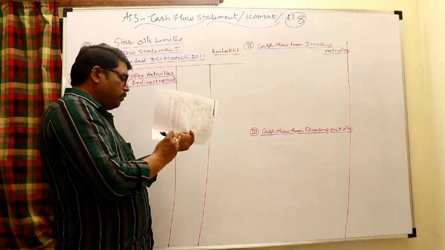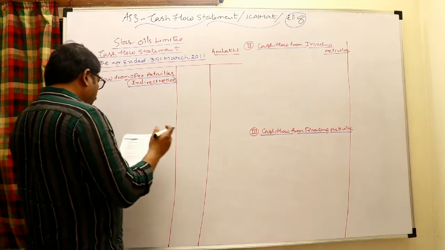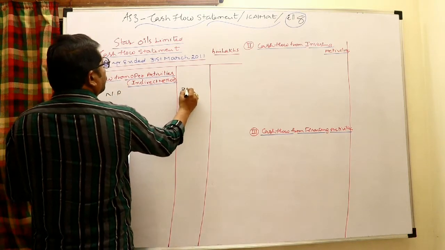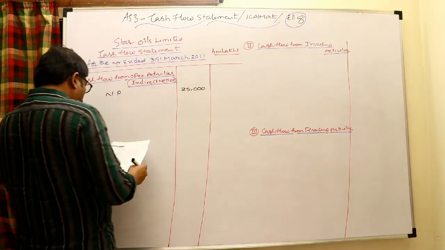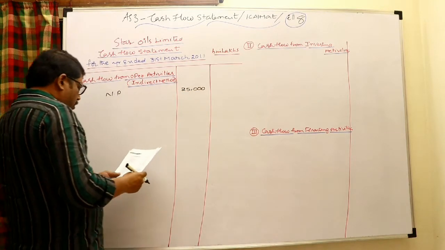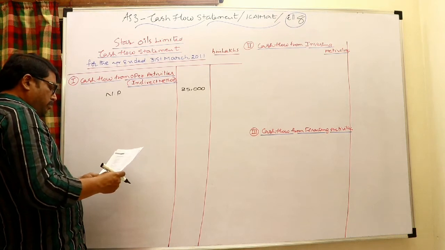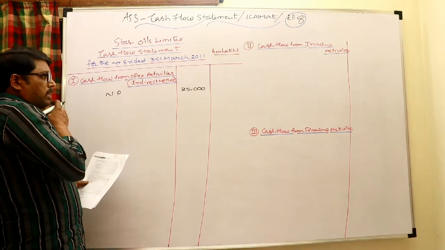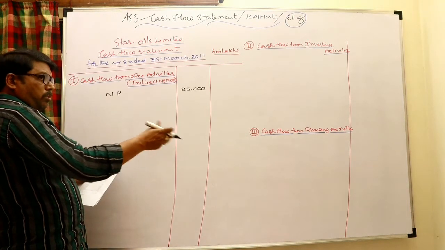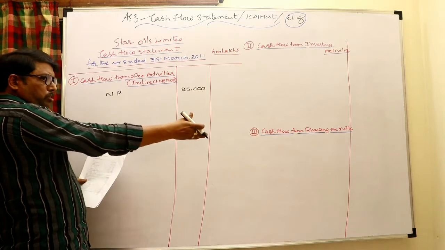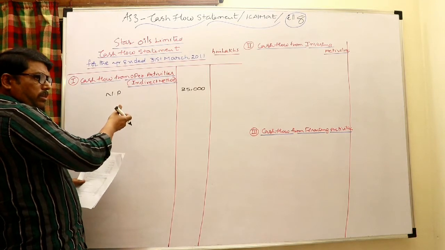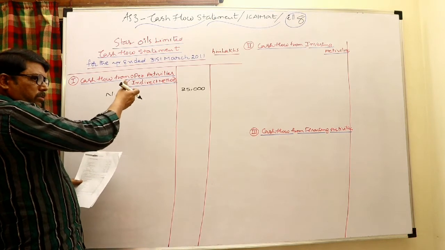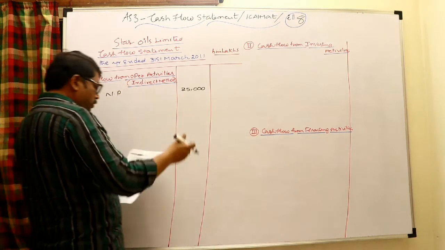Simply what I explained, the same we can work out, and I would like to put it on the board. Okay, first I want to take the net profit, 25,000. Net profit 25,000, take it. Dividend paid including 8,535. Dividend paid, normally it is a financing activity. Normally it should be withdrawn here and shown there, but here we need not withdraw that one because it is not taken. It is taken before appropriations, so there is no need to adjust here.